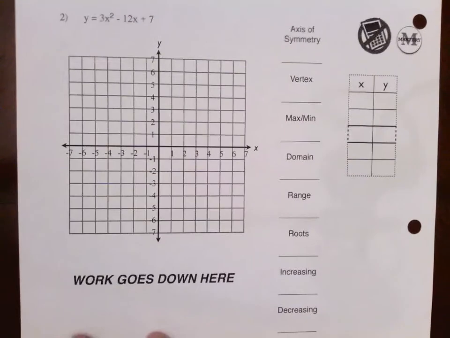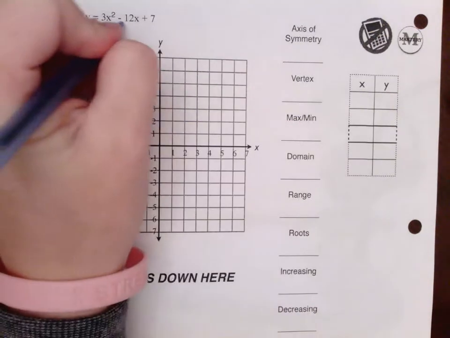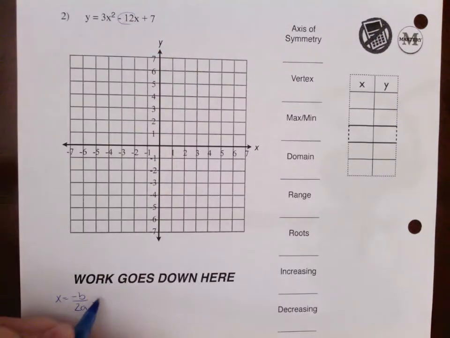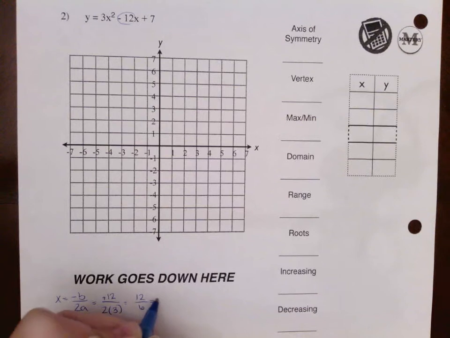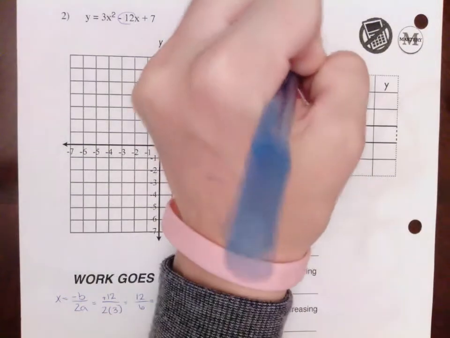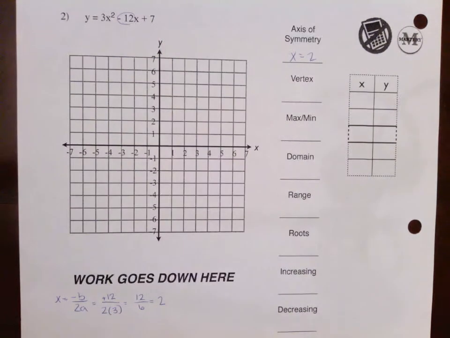So axis of symmetry, x is equal to the opposite of b over 2a. Opposite of a negative 12 is a positive 12 over 2 times your a, over 2 times 3. So 12 divided by 6 is equal to 2. So our axis of symmetry is x is equal to 2. We're going to go back and find that y value. So the vertex,